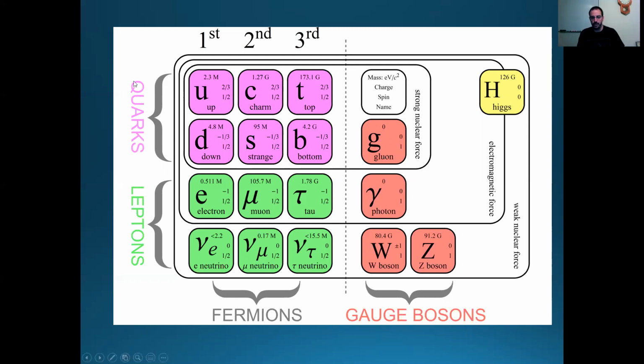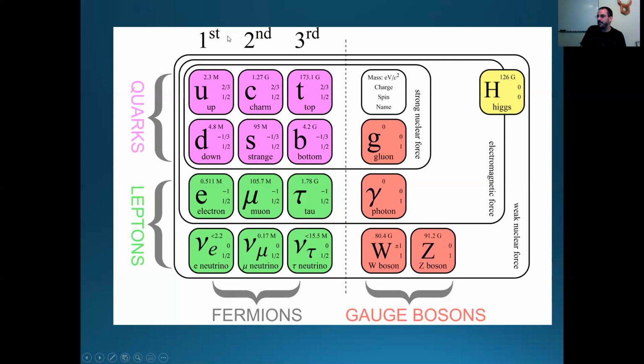You have the first generation of particles, which is basically everything we know in nature. But then there's a second generation, which is exactly the same, except a lot more massive and very short-lived. And a third generation, which is even more massive and even less long-lived. These things can only be produced in particle accelerators. A few of them are found in cosmic rays.